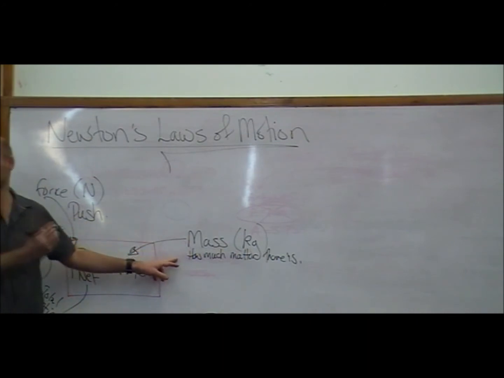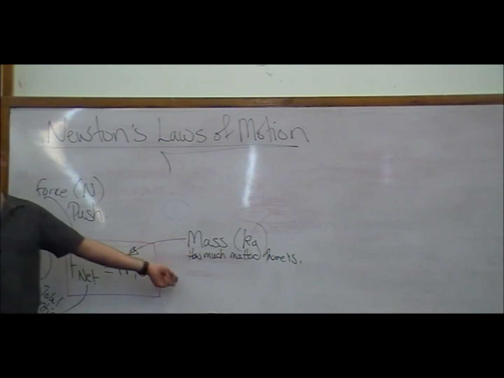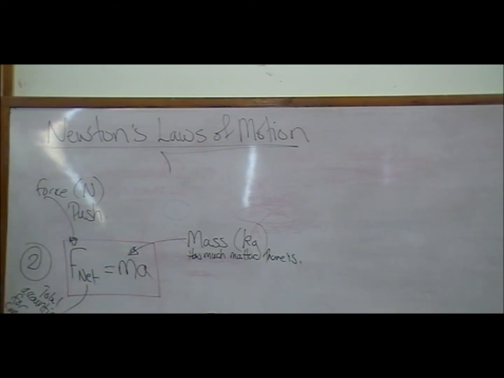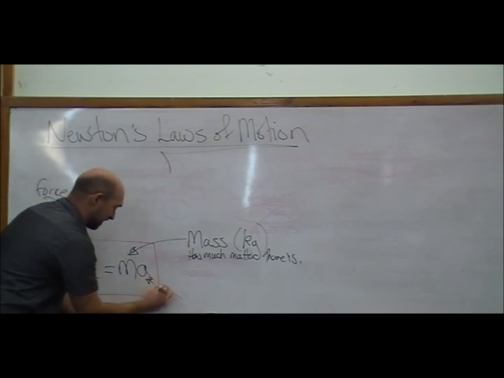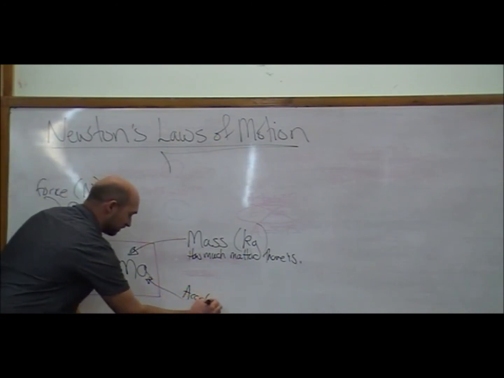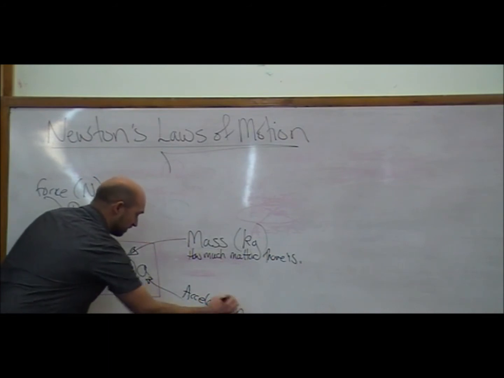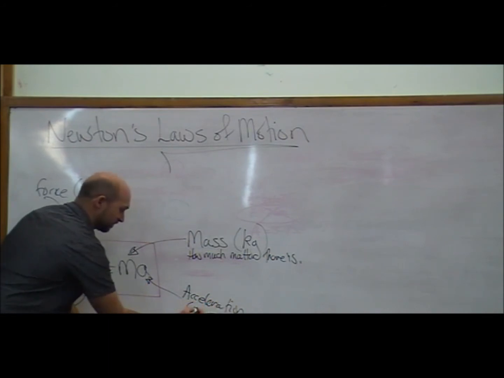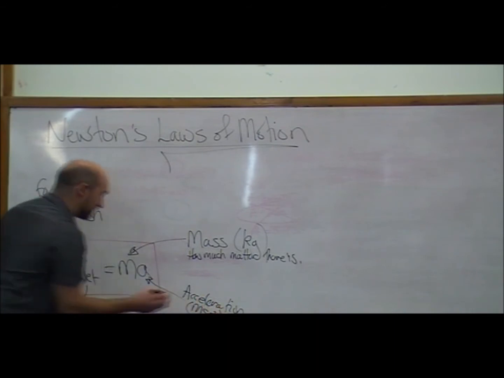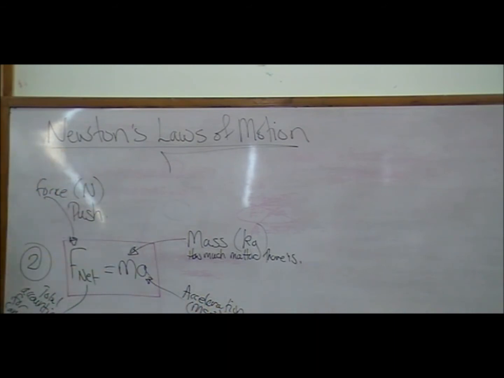Another way of thinking about it is mass means how hard it is to accelerate something. So if something has lots of mass, it's really hard to accelerate. If you try pushing a bus, it's hard, right? It's got lots of mass, it's hard to accelerate. A means acceleration, measured in ms minus 2. So that's Newton's second law. It talks about how if we have a force, something changes its speed.